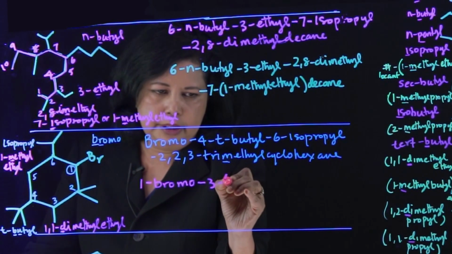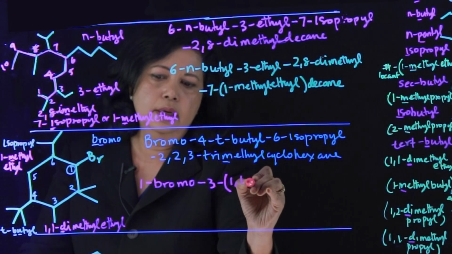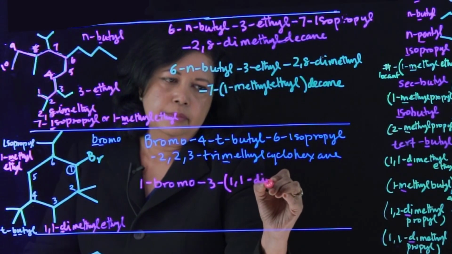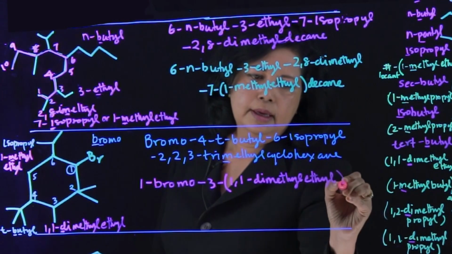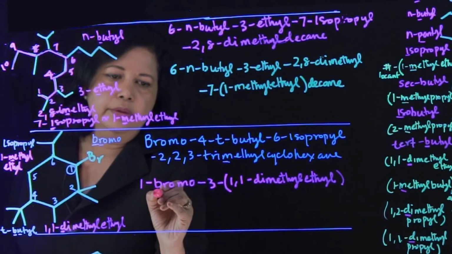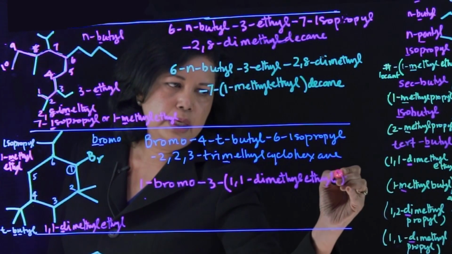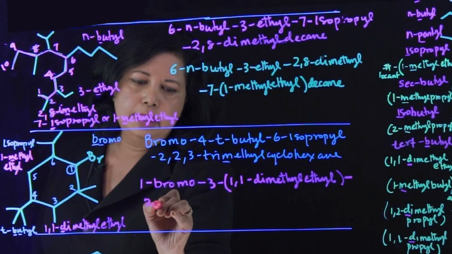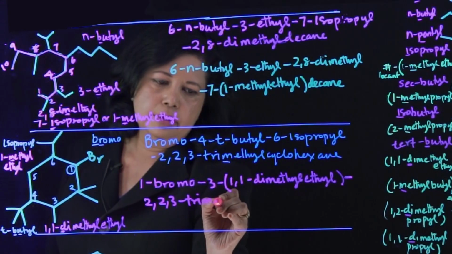And then you're going to put the parenthesis and 1,1-dimethyl ethyl, 2,2,3-trimethyl. Then after this you're going to put a number, so you'll have a dash after that, and you continue there. I'm just writing it here, 2,2,3-trimethyl,